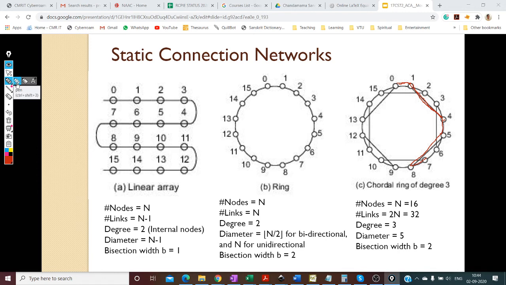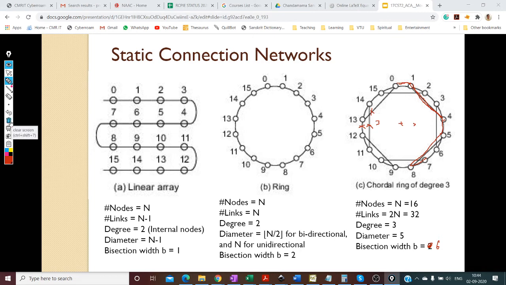There's no worst case diameter, it's just diameter. And bisection width is not 2, it's actually 4 here. Okay, so sorry for the typo. So it's not 4, actually, bisection width is going to be 6, I think, right? So you're going to disconnect these three on this side and 3 on this side. So there's going to be 3 plus 3. Your bisection width is going to be 6 here. I'll correct it in the slide.